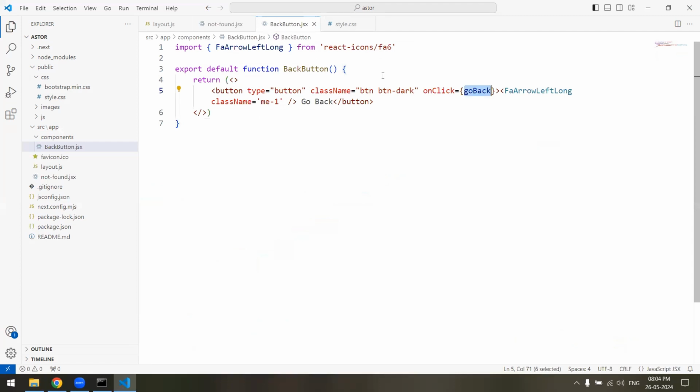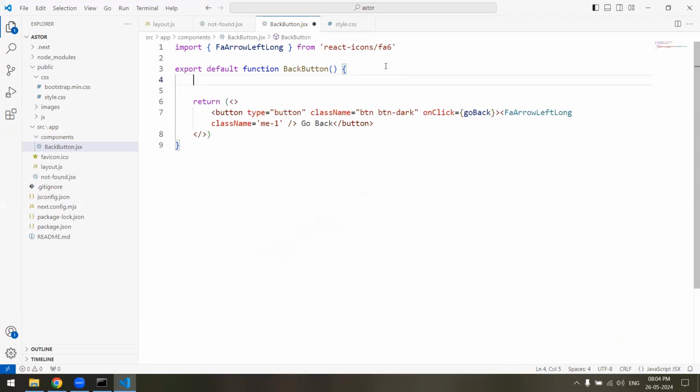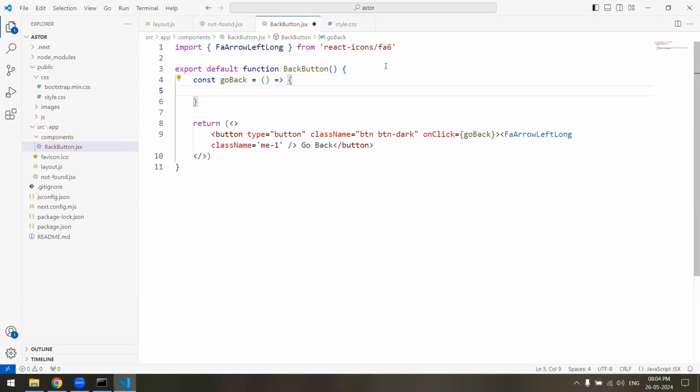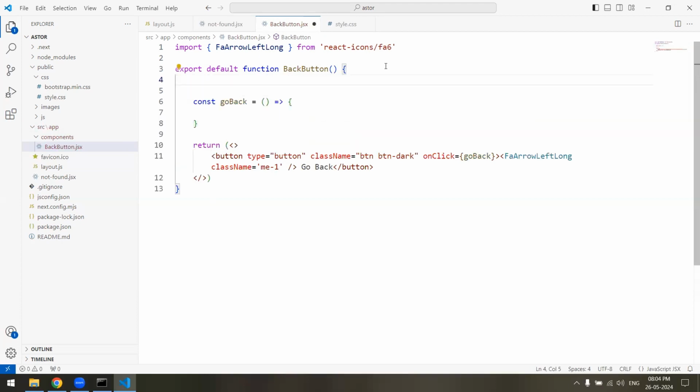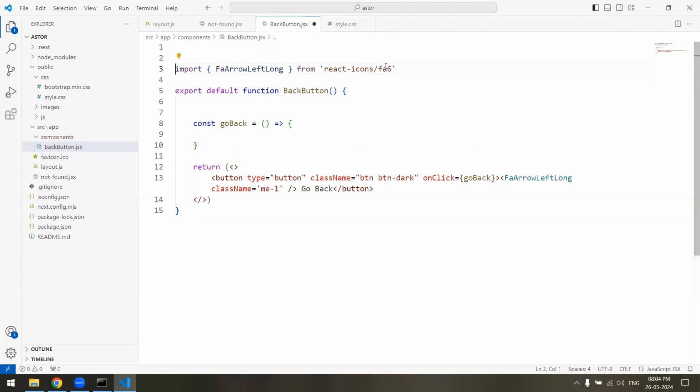So on click, we can do it in two ways. Let's try the first one. So const go back is equals to, we'll use an arrow function, and also we'll have to make it a client component,